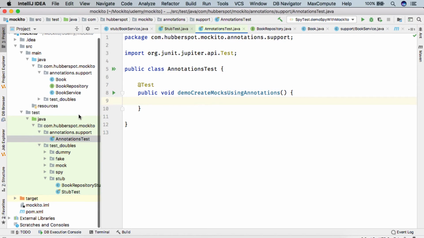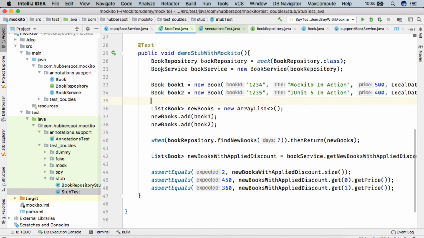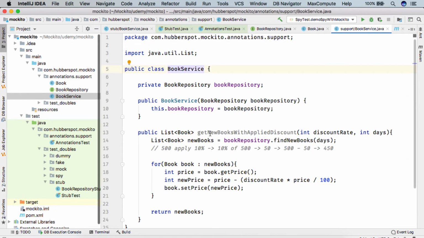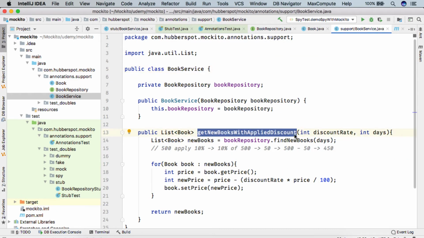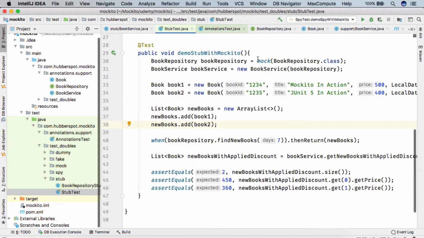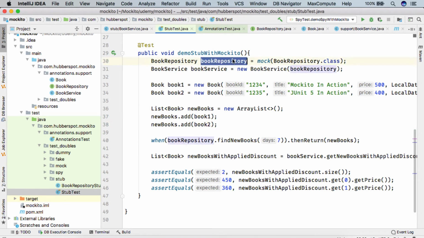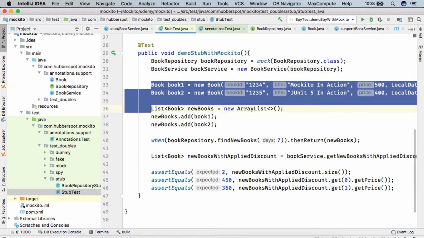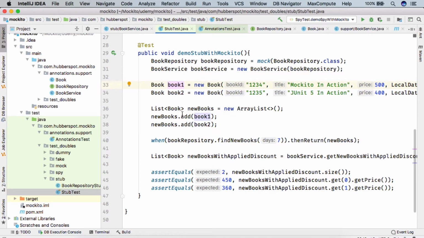So friends, in our previous lecture we already created a test which tested our BookService getNewBooksWithAppliedDiscount method. What we did was we first created the mock of BookRepository, then we used this mock in the BookService, and here we created 2 books and added them to the list of books.